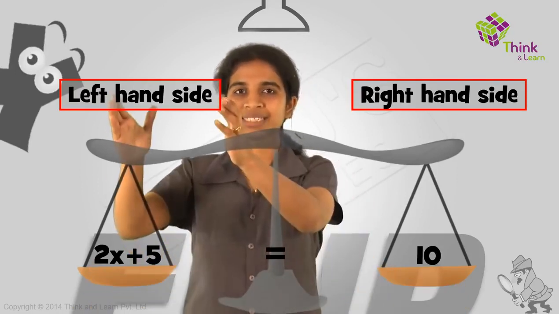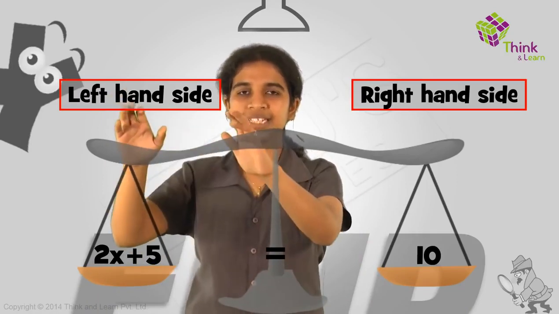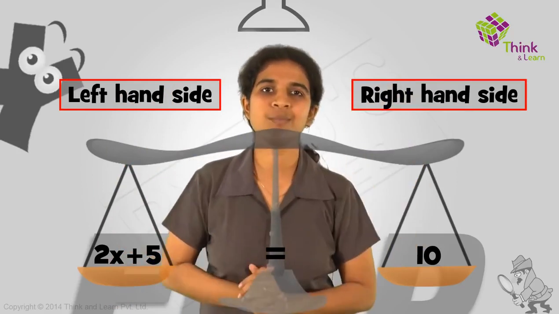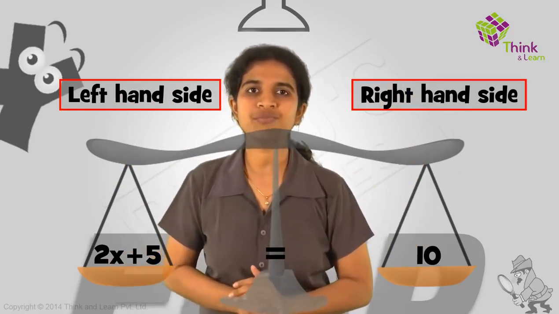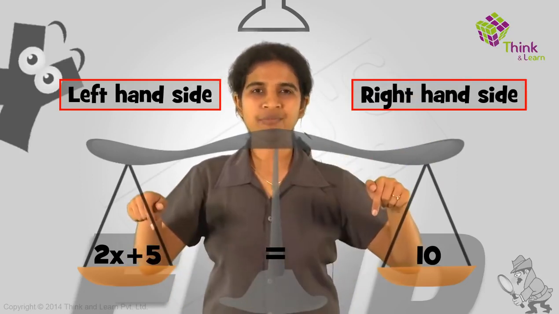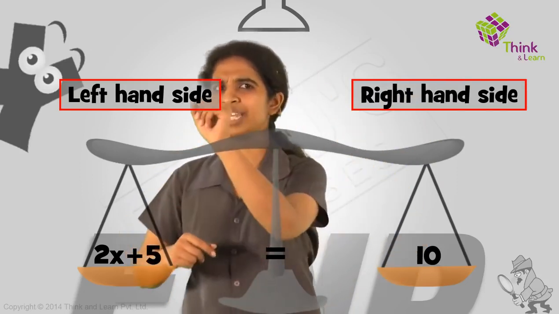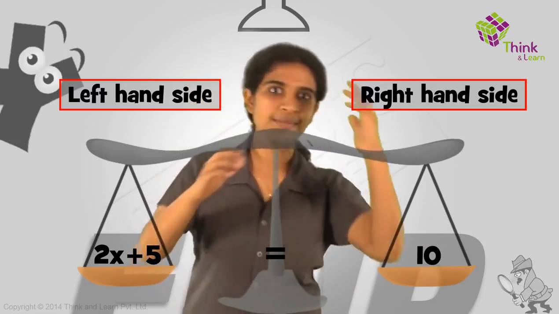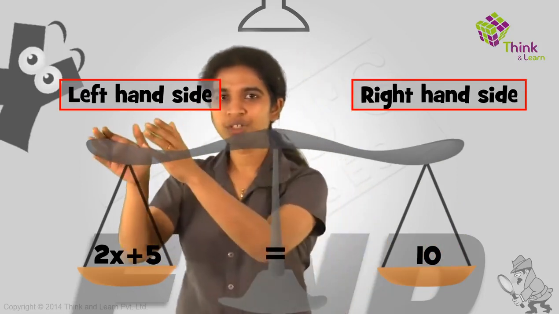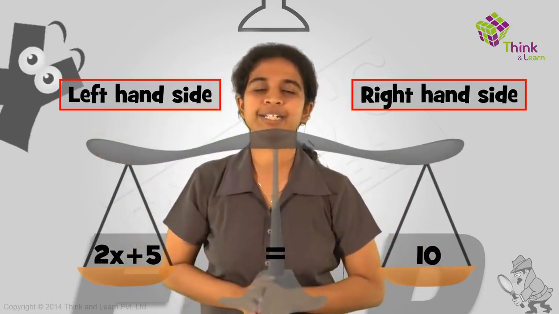So from the left hand side, you need to get rid of everything other than x so that you're left with only x here and only a number here. So let's start getting rid of stuff from the left hand side. And we know the one rule so that the pans are perfectly balanced. Keep imagining a pan. When you do something only on one side, you should mentally imagine the pan going down on the other side. So whatever you do on the left hand side, do the same thing on the right hand side.